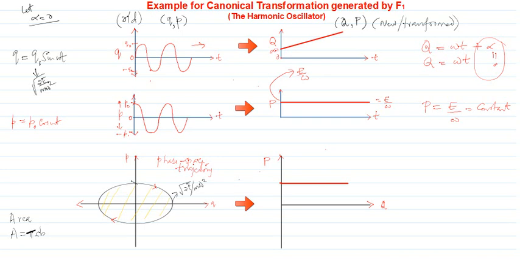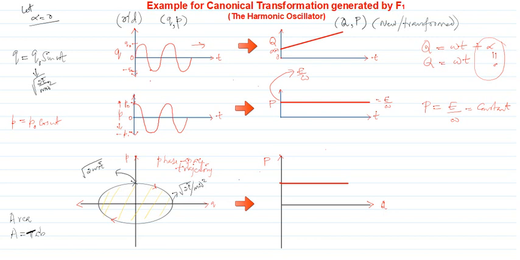This is the maximum value of p, and you will see that it is equal to root of 2mE. We had already discussed that this denotes the mean position, where